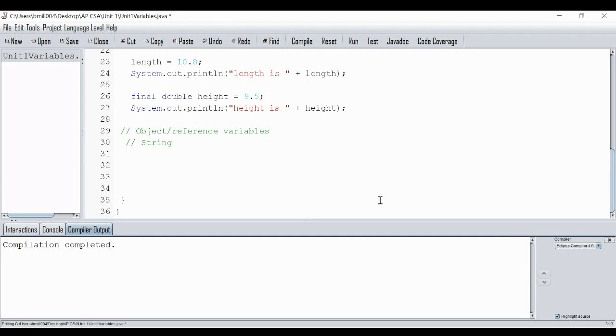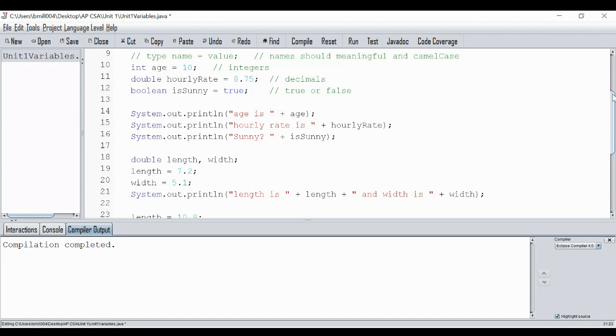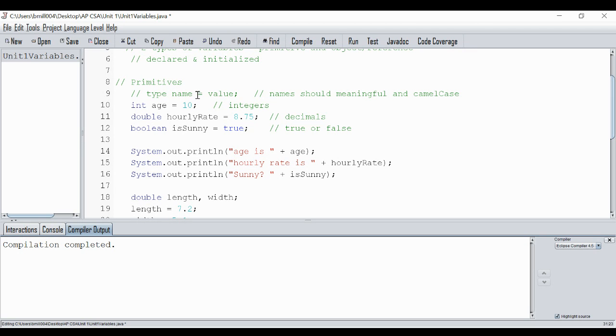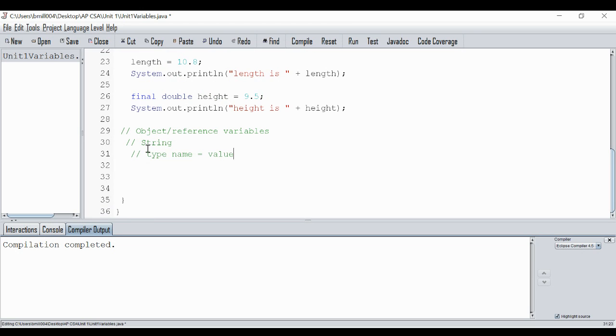But we follow the same pattern of type name equals value. This time it's not a primitive type, it's an object type. You'll notice that object types are capitalized, and we will see that over and over again. So int, double, and boolean are primitives, so they're lowercase types. Objects are uppercase. So String,